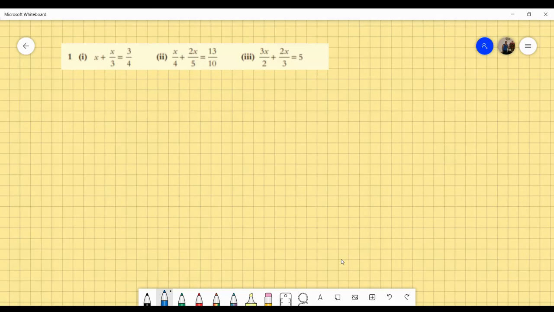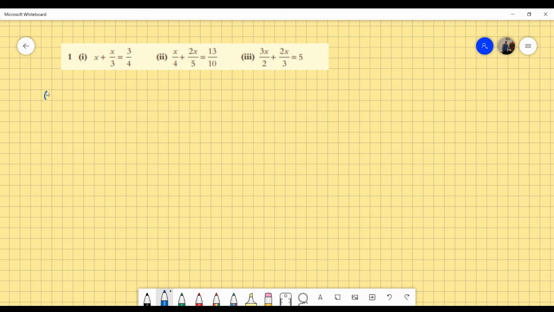Okay, so if we want to be able to add and subtract algebraic fractions, we need to have a common denominator. So in part 1, you can see the denominator is 3. What you can actually try and do with the slightly easier type of questions with these ones is try and get a common denominator all the way through. So we could actually go straight away and try and get a common denominator for the 3 and 4, which